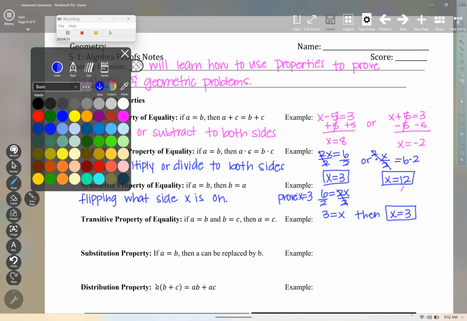Then I have the transitive property. The transitive property states if A equals B and B equals C, then A equals C. A good example for this is, let's say, that x is equal to y and y equals 3. Then I can say if x equals y and y equals 3, they share y, so then x is just equal to 3. And so the conclusion of the transitive property is that when three things equal each other,